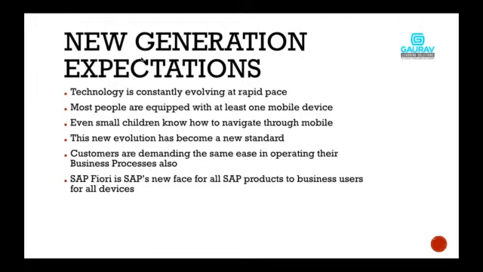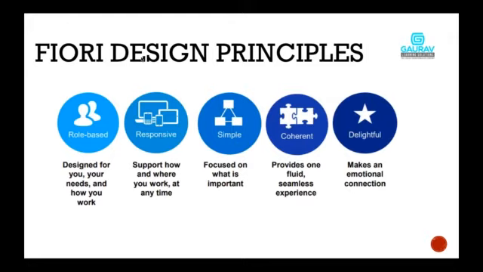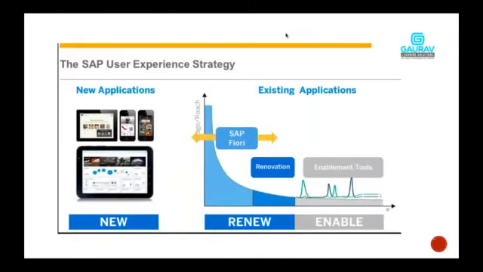Okay, so again, when it comes to SAP Fiori, what are the three different kinds of applications? One is, we understood three different app types, which is transactional, analytical, and fact sheet. This is not the app types. This is actually the different kinds of tiles which are provided by SAP. So SAP has divided the apps into three types. One is new, second is renew, and third one is enable. Let me explain what you mean by new, renew, and enable.